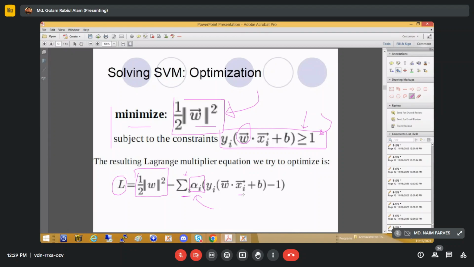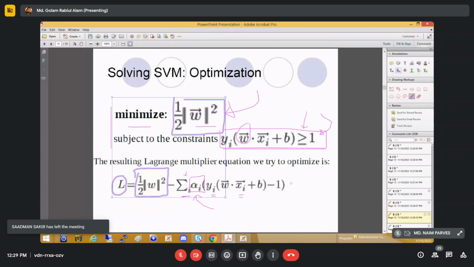Here for xi and yi, we need to consider only the support vectors, not all the data points. And alpha i is our Lagrangian constant. This is how we form the Lagrangian equation. Usually in Lagrangian form, the Lagrangian equals the objective function, whatever it is, minus the Lagrangian constant alpha